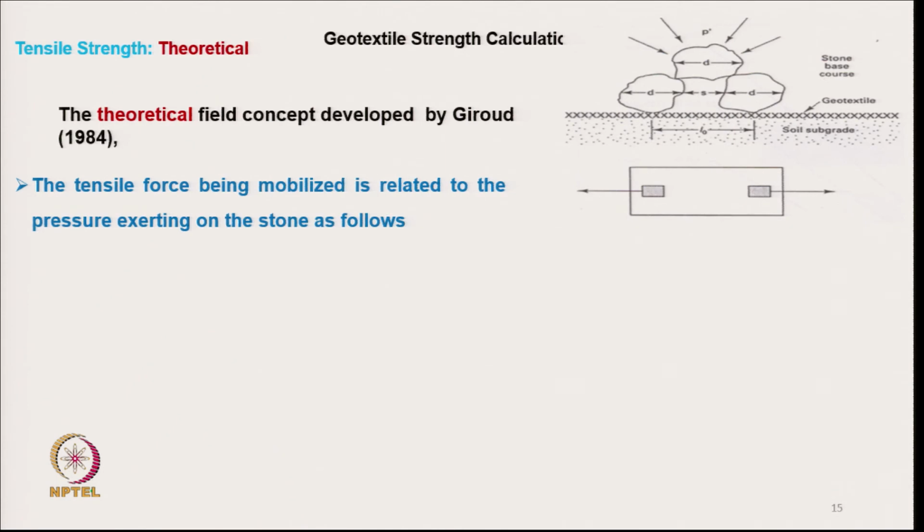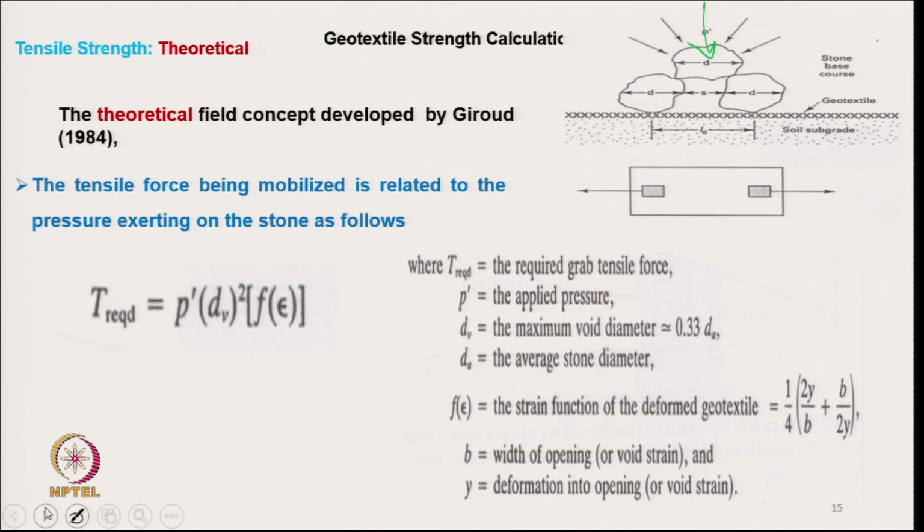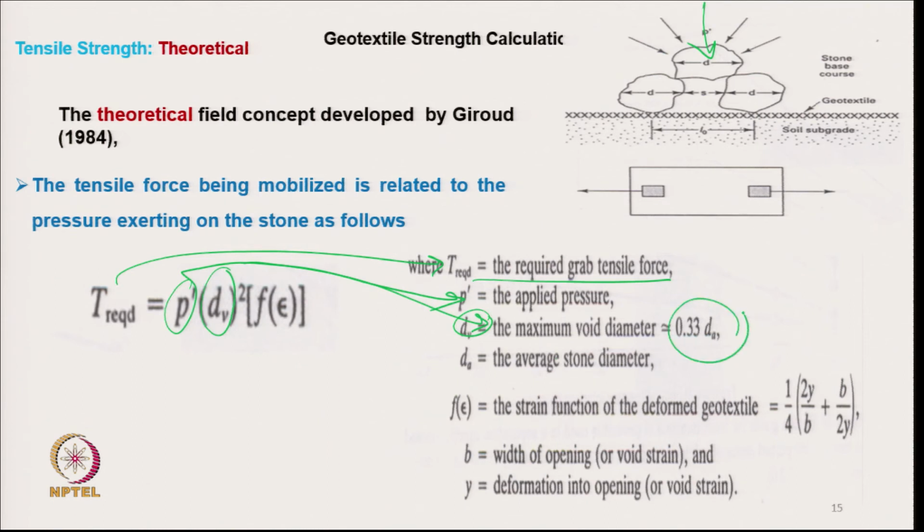The tensile force being mobilized is related to the pressure exerted by the stone on geotextile, which is given by the relationship T required equals P dash dV square multiplied by a function of epsilon, that is the strain function, where T required is the grab test strength required, P dash again is the applied pressure, which we can assume is equal to the tire inflation pressure, dV is the maximum void diameter, which is approximately equal to 0.33 of the diameter of stone, and